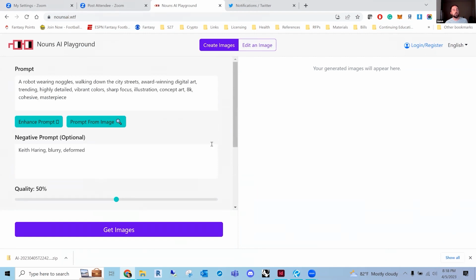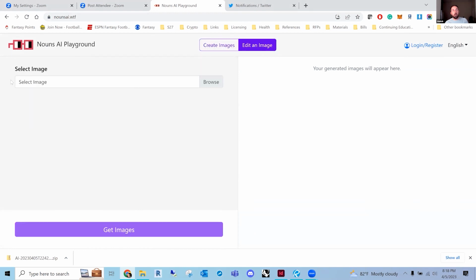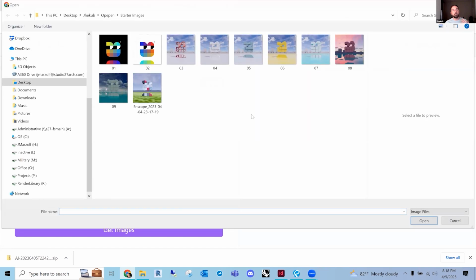All right, this is what you start with, and it has the prompts, it has a negative prompt, it has quality, enhance, prompt with image, create images. I always start with edit an image for my workflow. And I'm usually selecting an image with an idea already in mind. So I'm going to select something. We're going to start with 2D graphics, and then we're going to get into